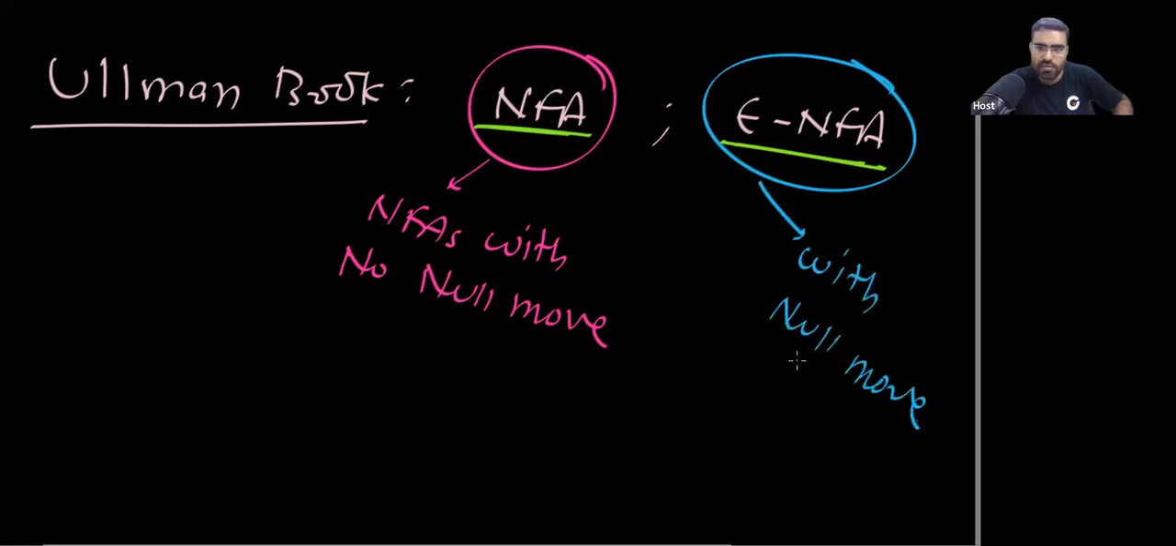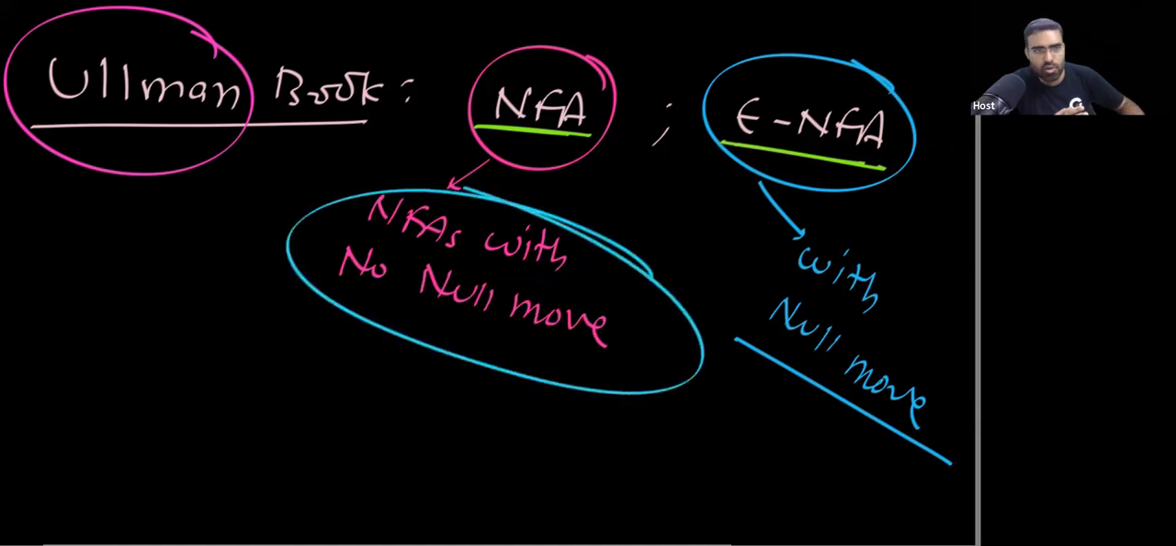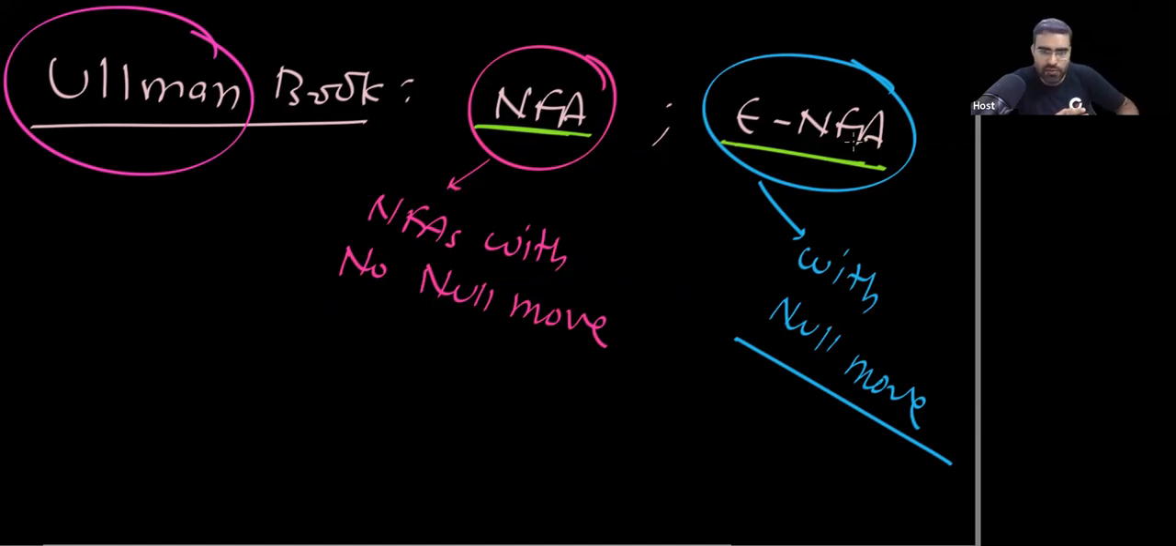Is this point clear? In the Ullmann book, there are two types of NFA. One is NFA with no null move, with no null transitions and no null moves. Another is epsilon NFA. But let me tell you, if you study any other book, like Sipser,